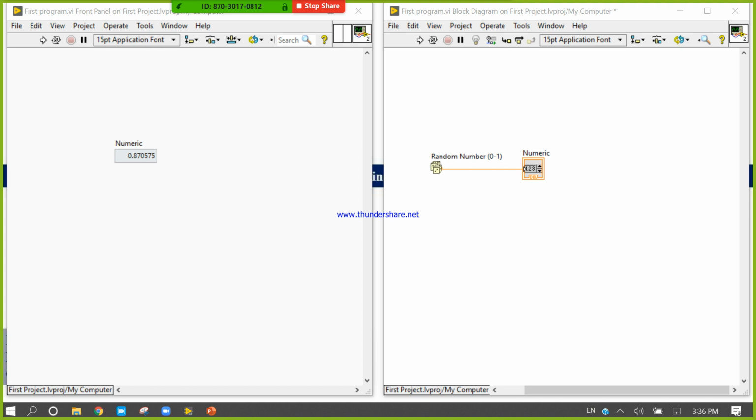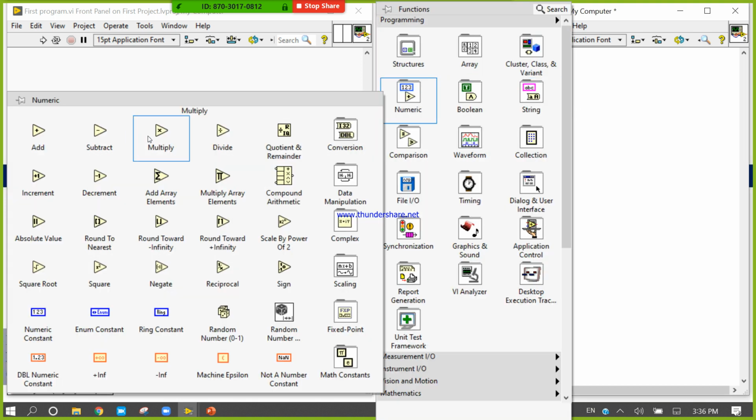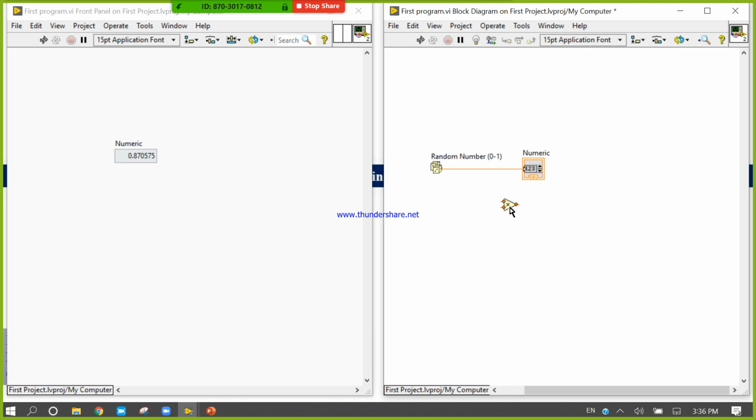Let's see how I can generate a number from 0 to 10. Right click in the block diagram, come to numeric, take Multiply, and place it.